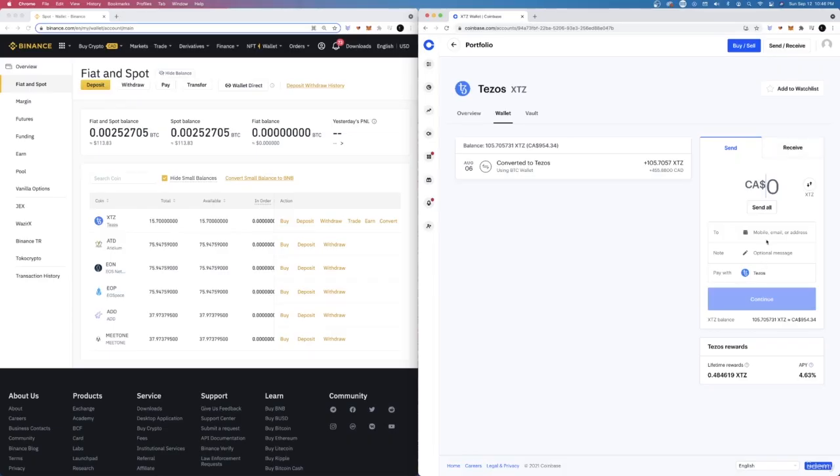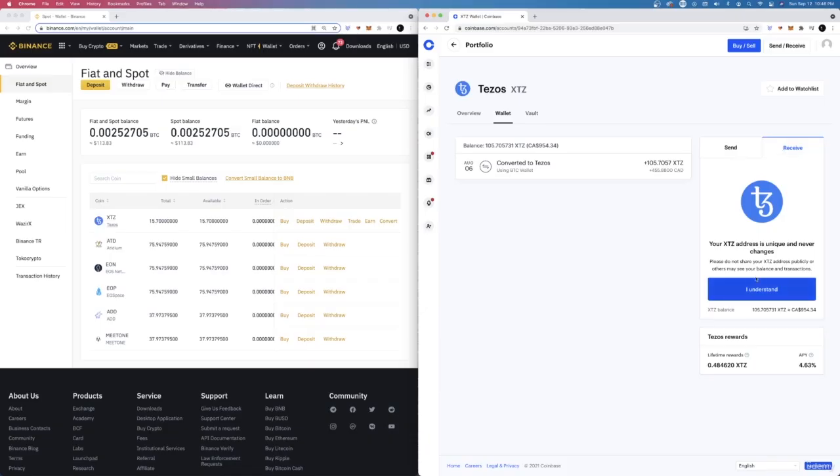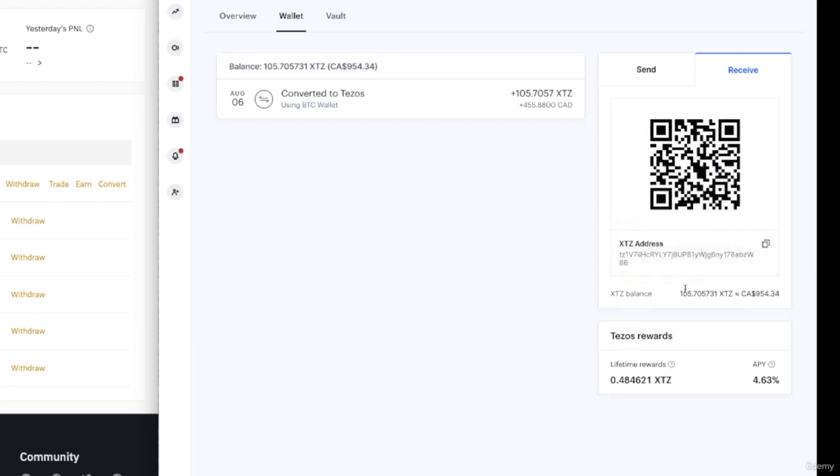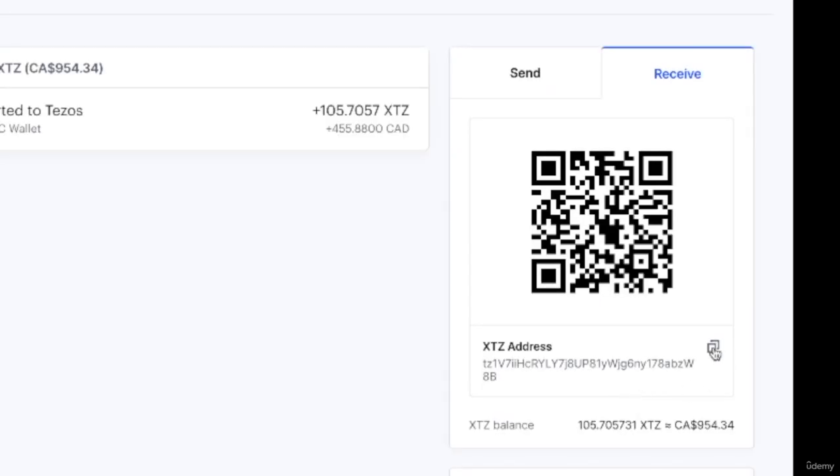So what we're going to do is go to where it says receive, and this is going to allow us to get our public address. Now, your public address, it's fine if other people see it, as we've mentioned in this course as well. So what we can do is just copy this, okay? Or we could also use our phone and scan this. It's the same thing. So our XTZ address, basically the coins will hit this